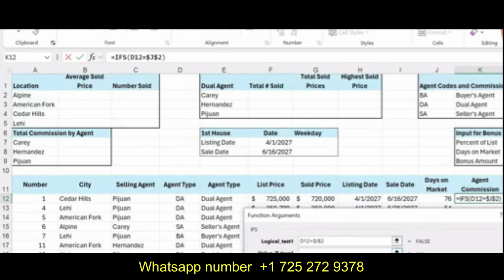If this condition is matching, then our agent commission will be the sold price, that is G12, multiplied by L2. Okay, L2.